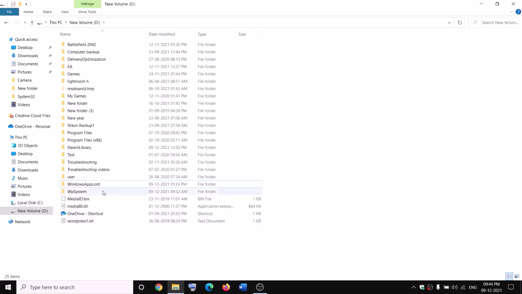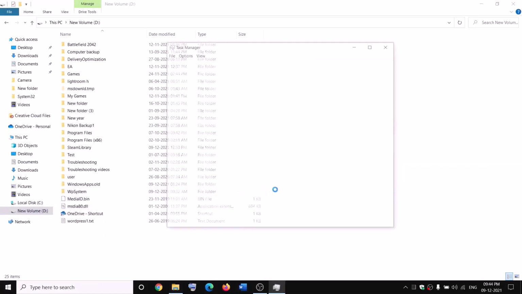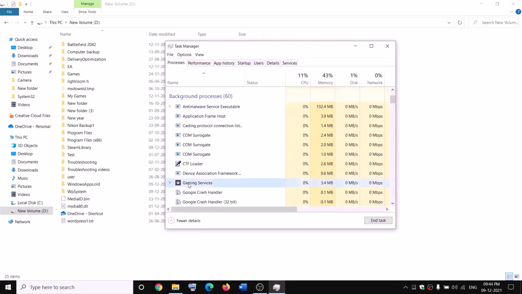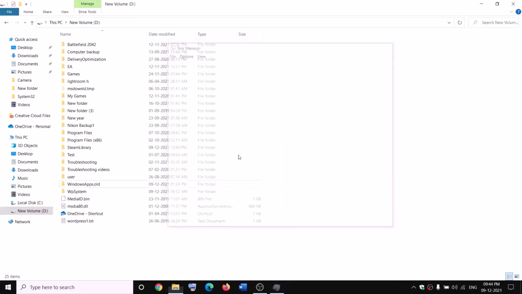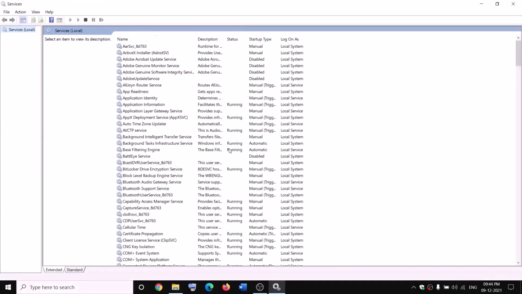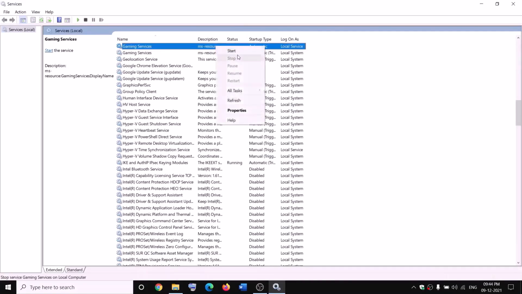Now while renaming it, if you receive any kind of error message which says file is open, in that case open Task Manager on your computer. Make a right click on the start menu, click on Task Manager. Now if you find Gaming Services, make a right click and then click on End Task, and also open Services over here, and then go to Services and find Gaming Services, make a right click on Gaming Services, click on